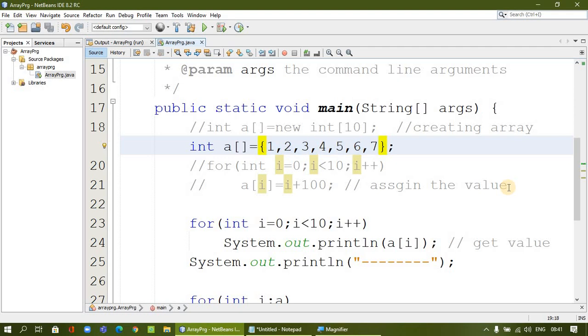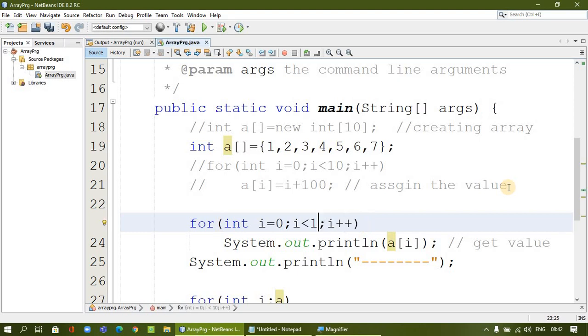So what could be the total length? Okay, so totally we have 7. So to work with these numbers, we know that there are 7. Okay, so I can say up to 7, or I can say 8. So 0 to, no, 0 to 7 totally, how many are there?